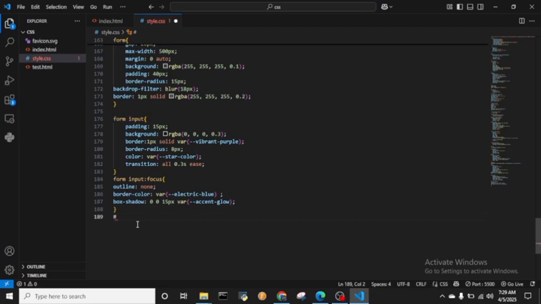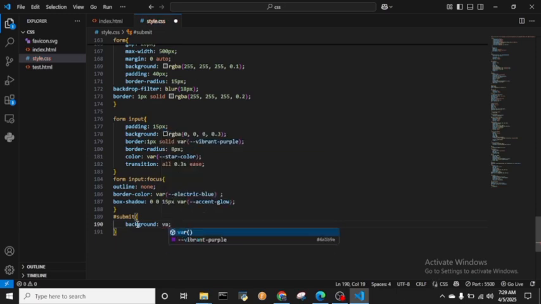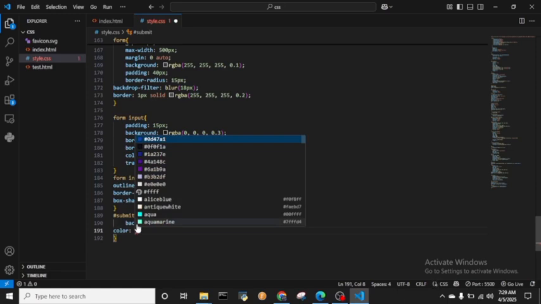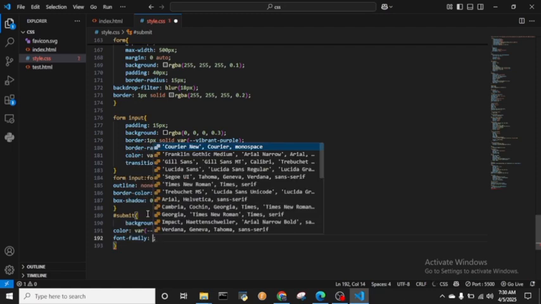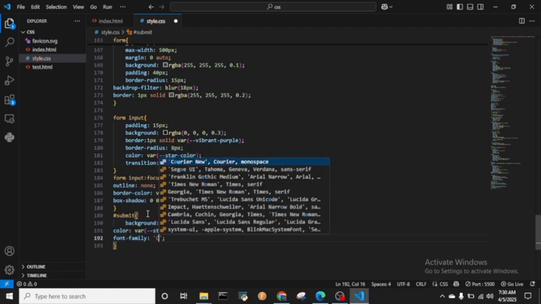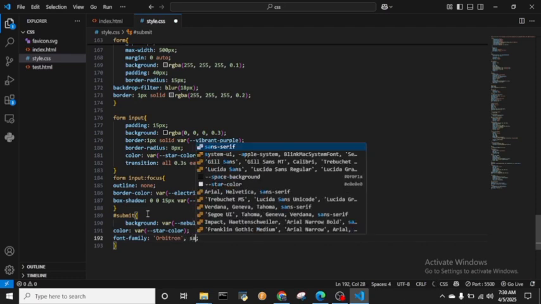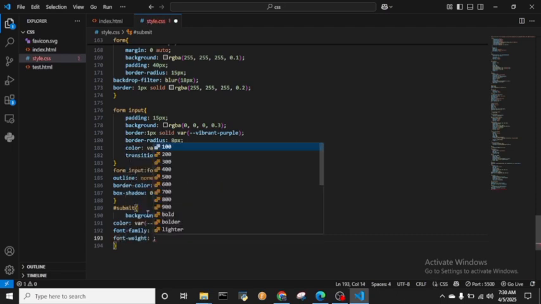Set the background to the variable, nebula background, nebula gradient, setting the color of variable, star color, set in another font family, setting a font family of Orbitron, sans serif. We have font weight, bold,